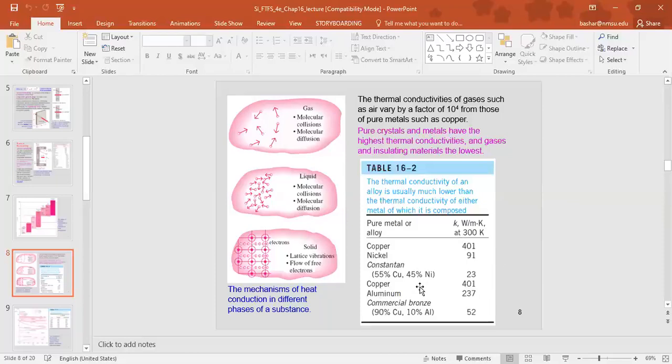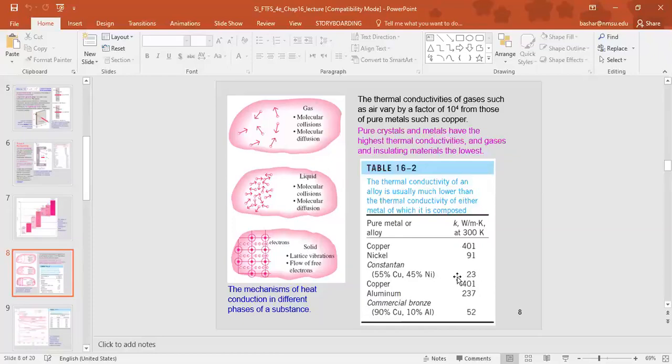We can see the effect when we have a composite material or an alloy. If we consider copper alone, the pure copper, we see that the thermal conductivity at room temperature is 401, but for the nickel at room temperature it is 91. For the constantan alloy, which consists of 55% copper and 45% nickel,